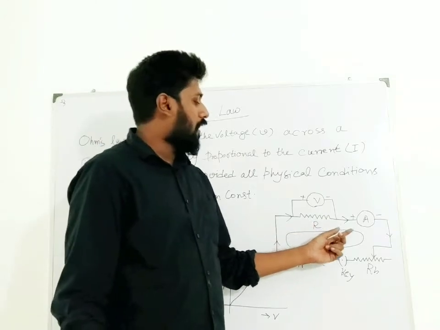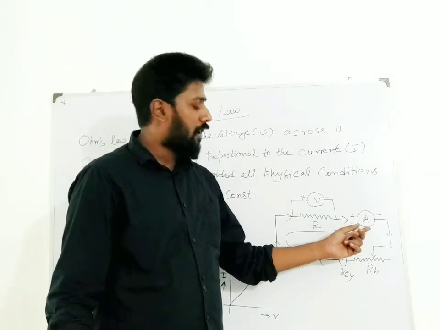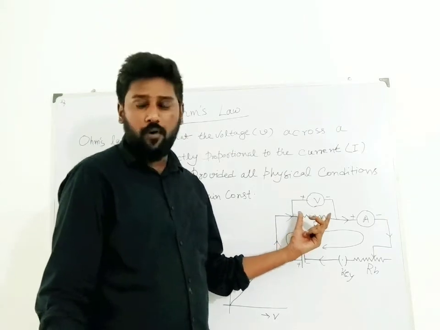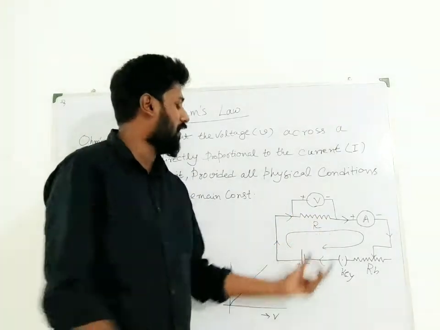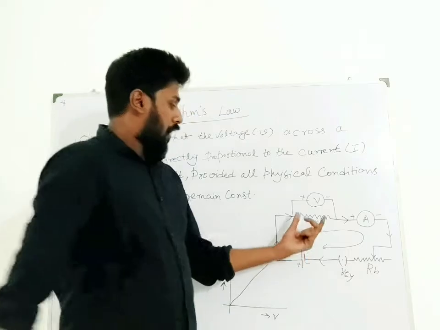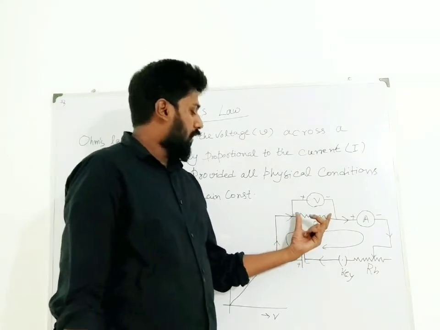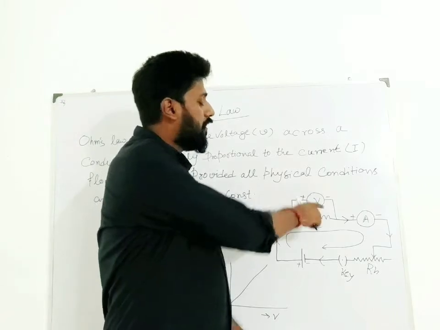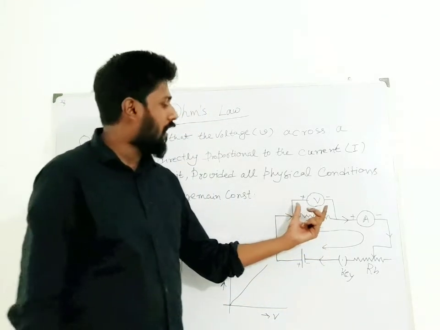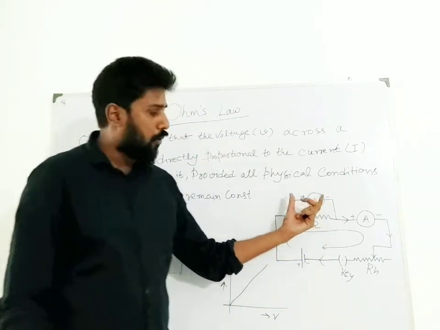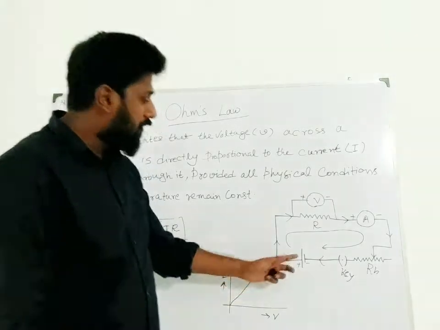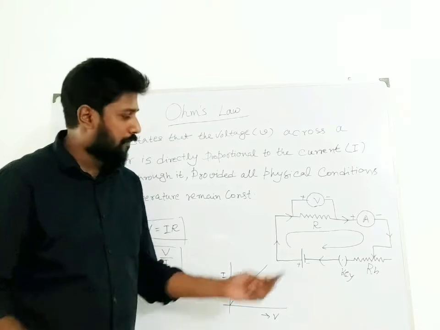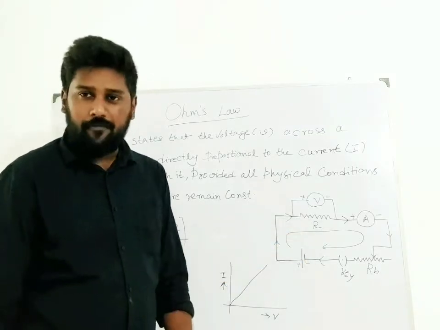And according to the current, we can get the value of the current through the ammeter here, and the voltage difference across this resistor. Here this is the resistor R. Here we need the voltage across the resistor. V is the voltage across the resistor, which can be measured by the voltmeter V. So this is our circuit. We will discuss the circuit once again when we are doing the practical in the practical lab.